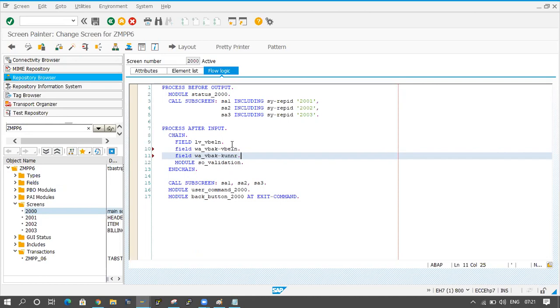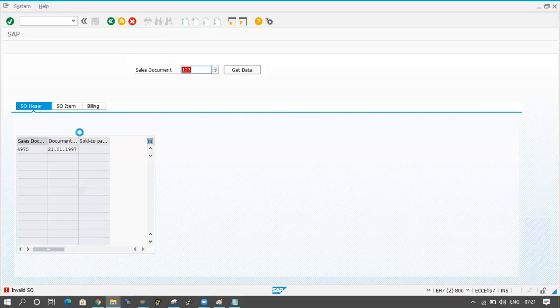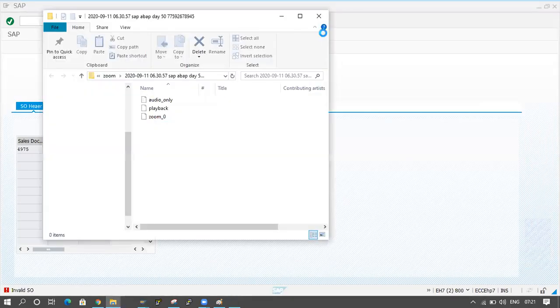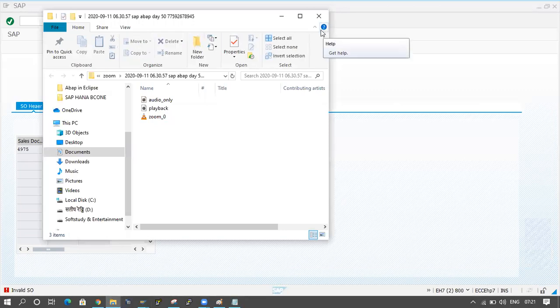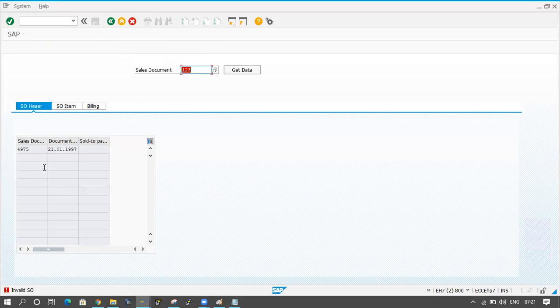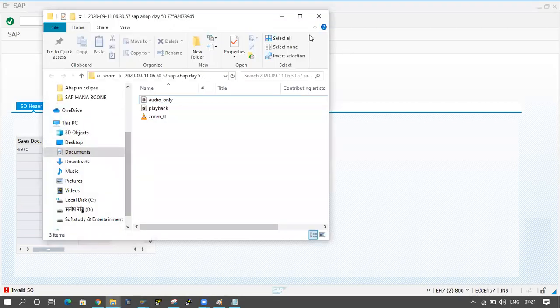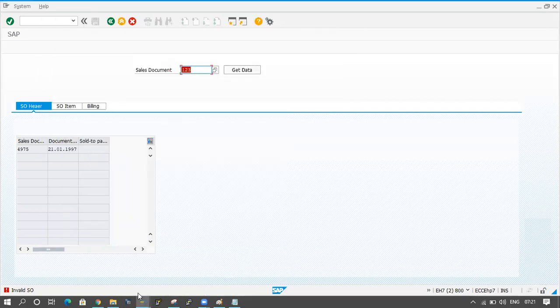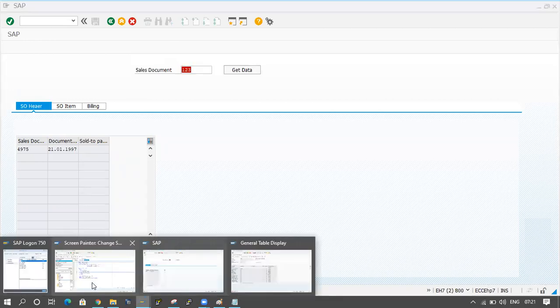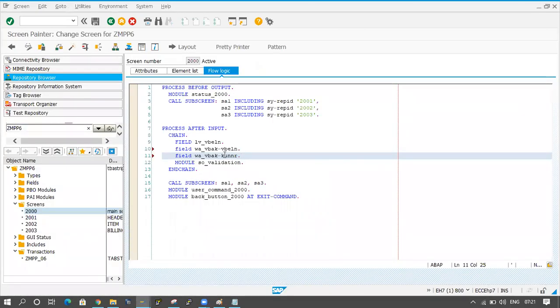Here three columns are there: sales document number, document date, and sold to party, I mean customer number. So I am enabling sales document number and customer number only. I am not enabling the other one. Let us see how it will work. So I'm maintaining VBELN and KUNNR.